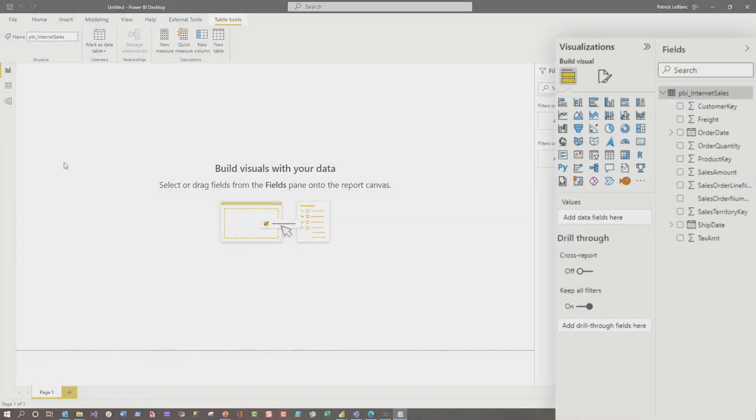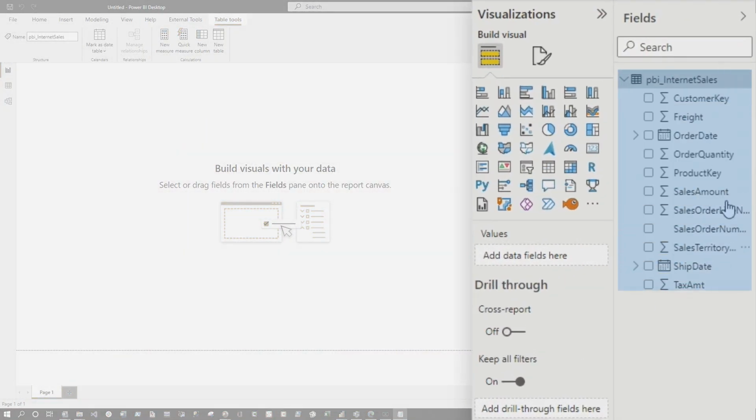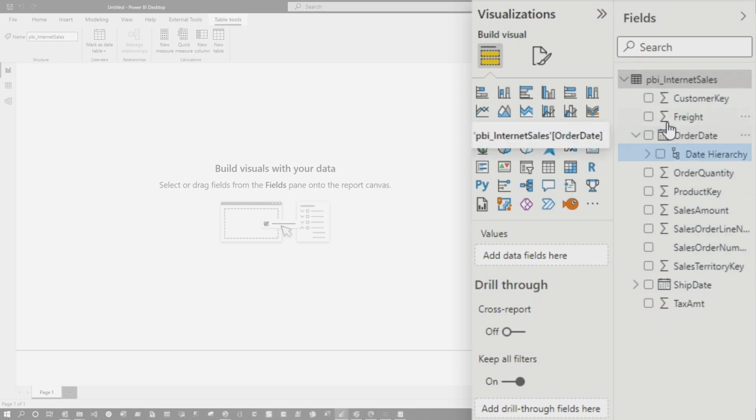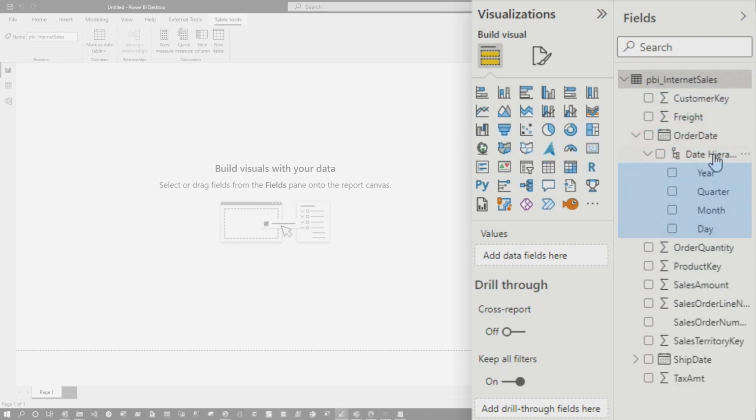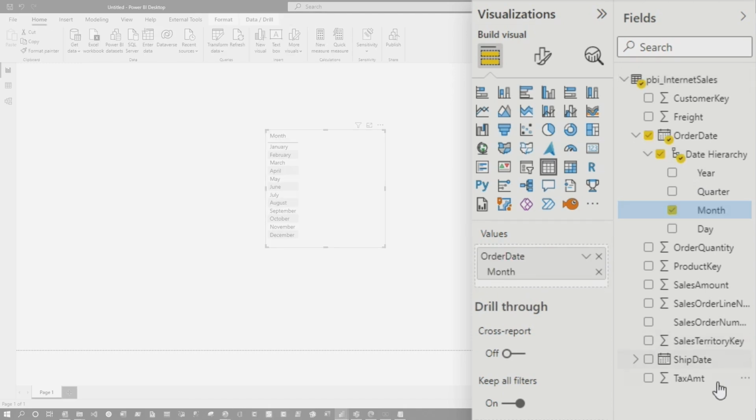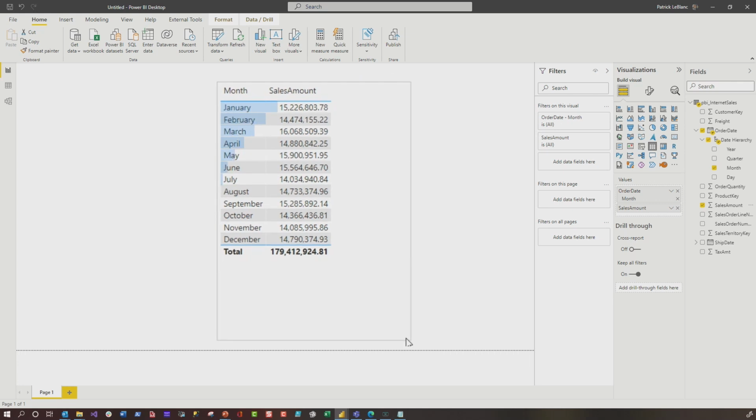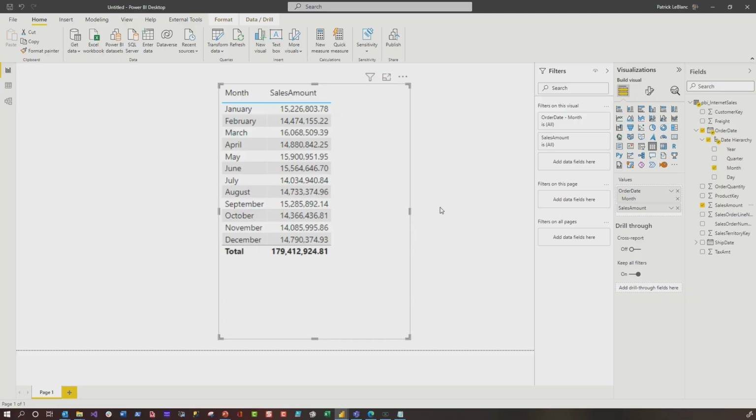So I have a really simple single table pulled in, and if I go here, you can see here's my auto date time intelligence built in. I want month, and then let's just use any one of these implicit measures, sales amount. So you see how it's sorting from January to February. What Cheaton wanted to do was start October, so October would be the first month and September would be the last month. He's like, how do you do that without having a date table? And I was like, you can, but you should have a date table. But if you don't, let me show you how to do it.